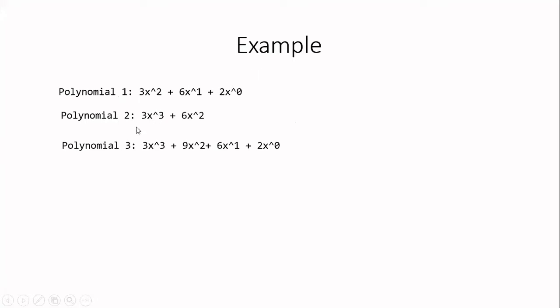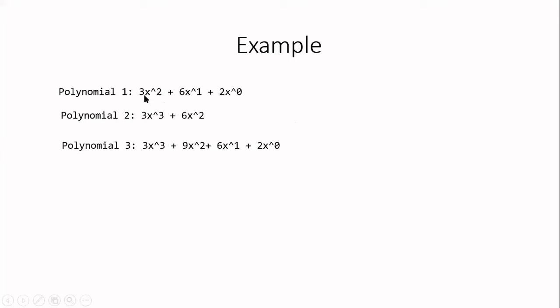First, I have two polynomials, polynomial 1 and polynomial 2. When I want to add those two polynomials, they will give me the linked representation of polynomial 1 and polynomial 2. I'll be creating the linked representation of this polynomial 3. Okay, so now what is this linked representation? Let us see the example here.